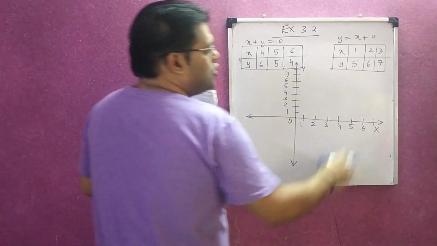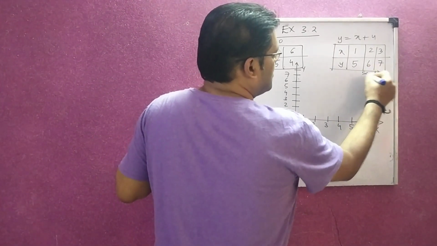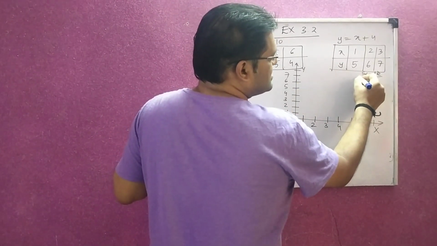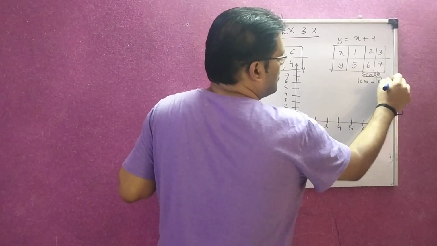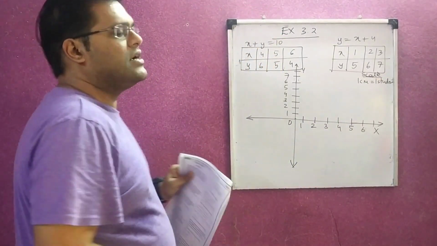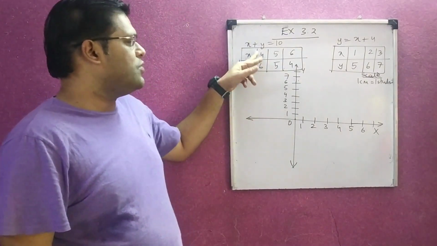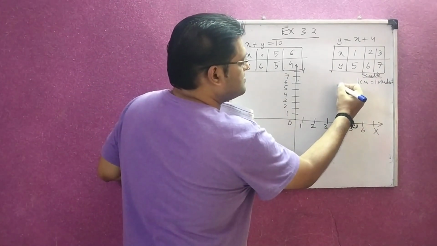Right? Now normally on the top right hand corner you have to write a scale. The scale on both the axes is same. That is, on x-axis and y-axis, 1 centimeter is equal to 1 student. That means it covers both boys as well as girls. Now for the first point: 4, 6, x4 and y6.